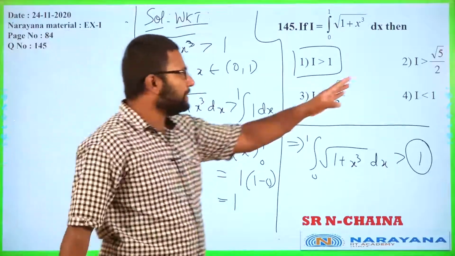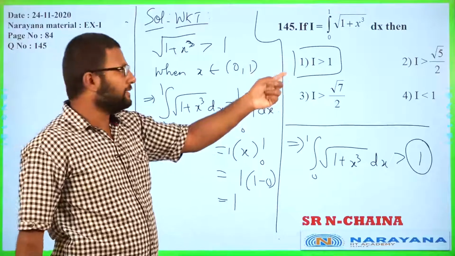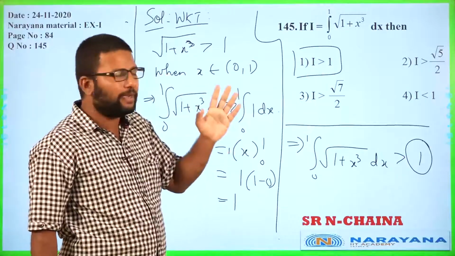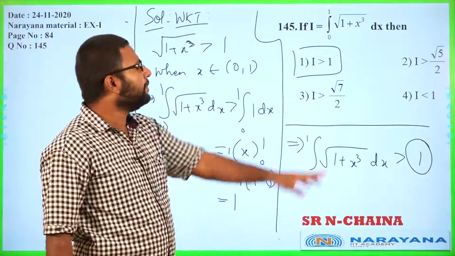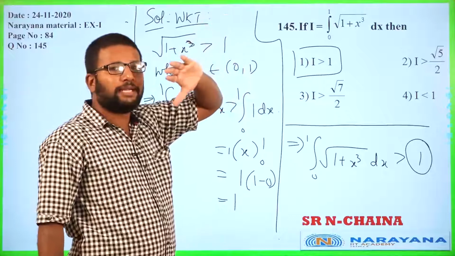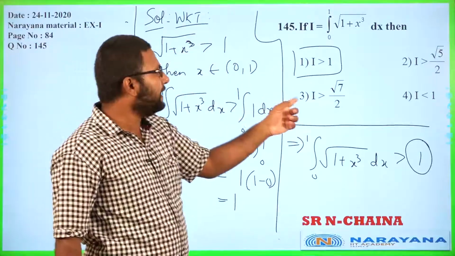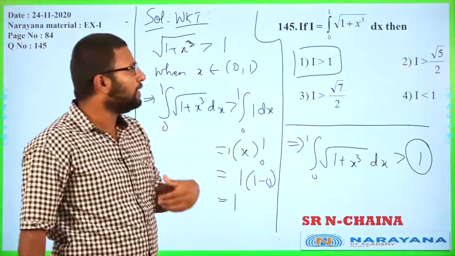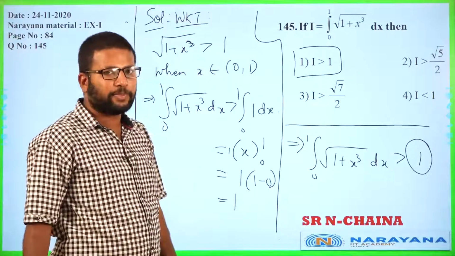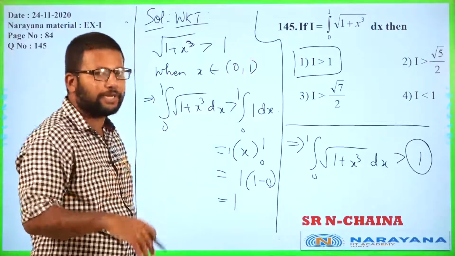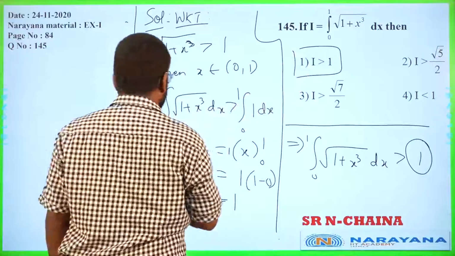Since only one answer is correct, this has to be correct. For the other options, again, like I said, a lot of guesswork is required. You will have to ask which quantity this should be less than, and try to figure it out. But anyway, we don't have less-than quantities here. This is definitely false, and those two are greater than root 5 by 2 itself. So you will have to guess a couple of functions to match with this if you want to check. Alright, so let us proceed.